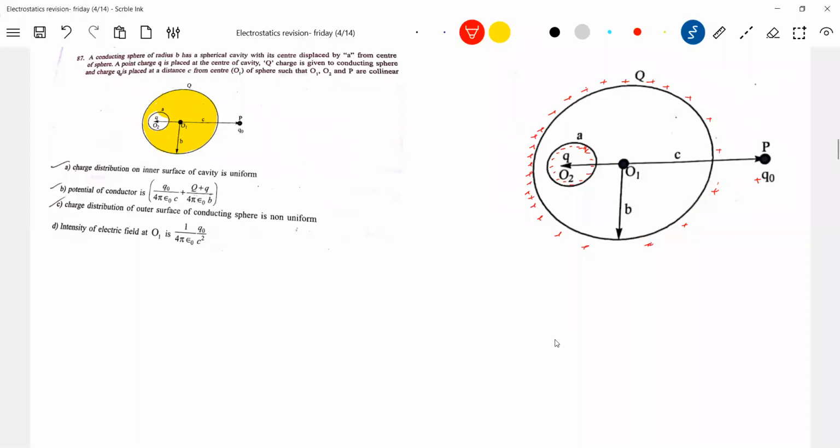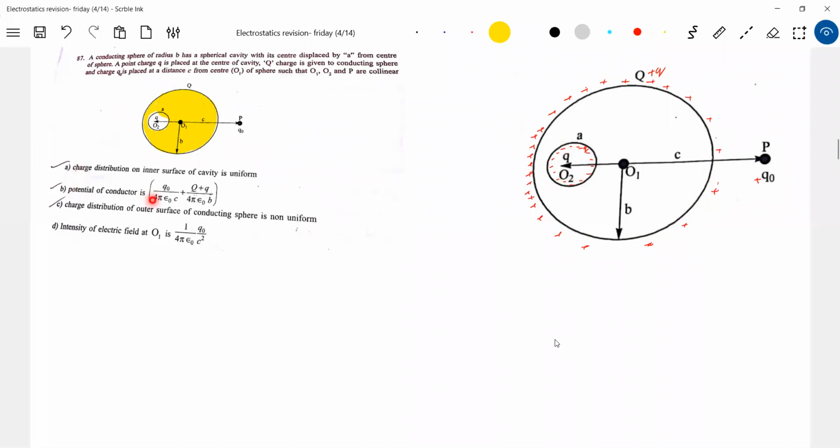I think the way I'm showing the charges here, the charge distribution should be non-uniform. What is the total charge here? It will again be Q plus Q only. So what will happen? This minus Q naught will come here, plus Q naught will be there. Therefore, because of that, the charge distribution will be non-uniform. The charge distribution on the outer surface of the conducting sphere is non-uniform. Okay, fine. On the inner surface of the cavity, this will be uniform.